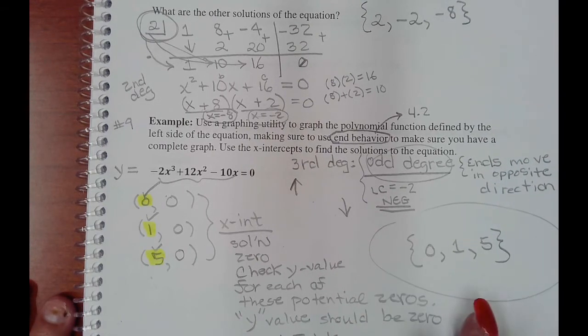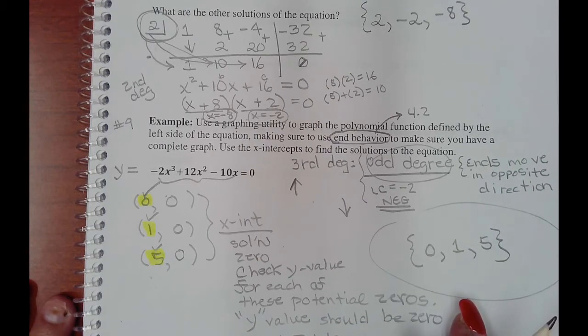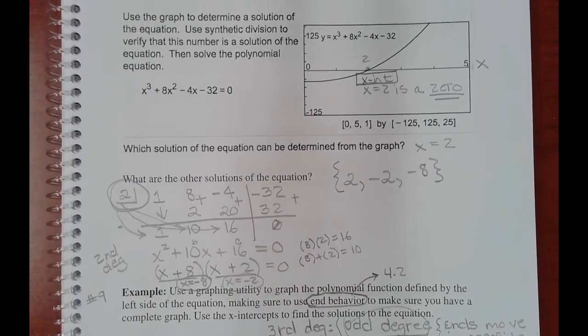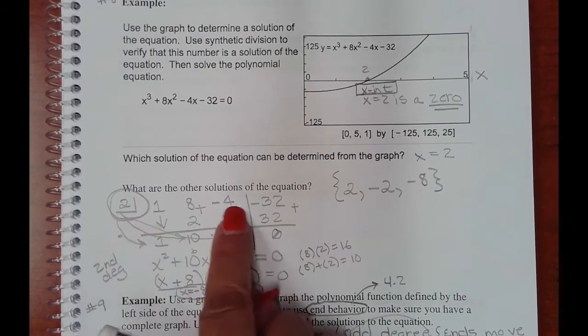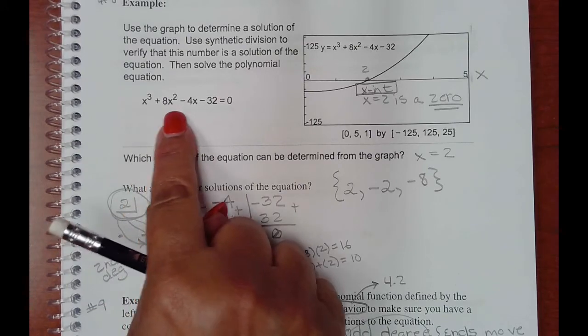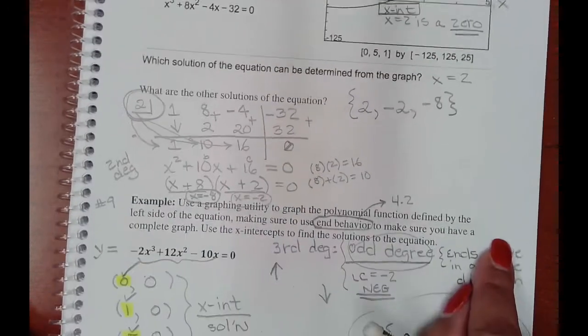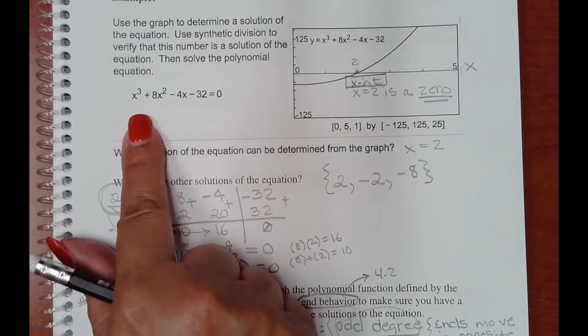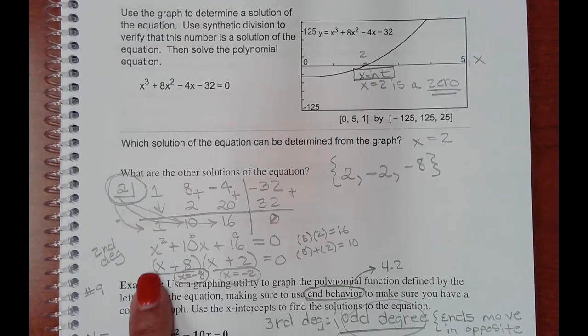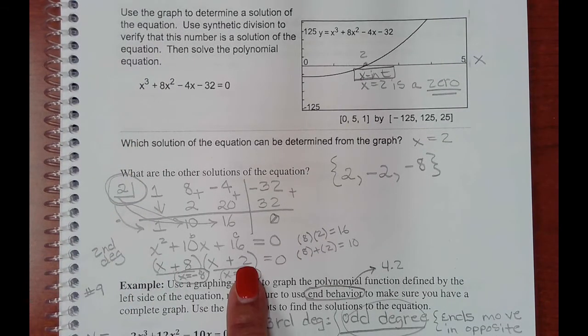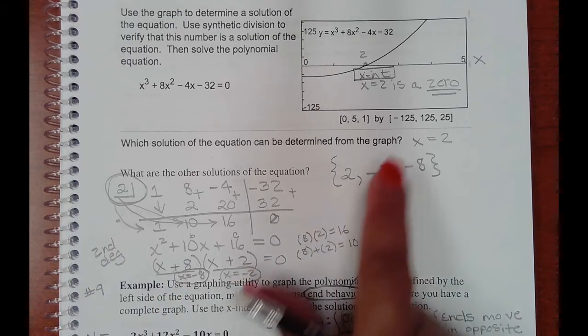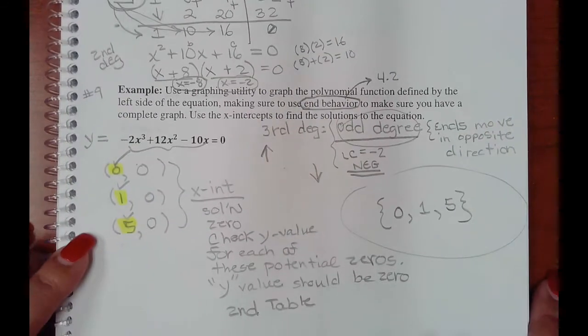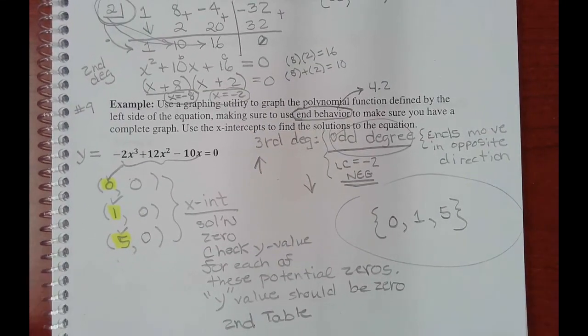Okay, so that time we started with a graph. We used the solution on the graph to synthetically divide into this polynomial x cubed plus 8x squared minus 4x minus 32. We brought that polynomial, third degree, down to second degree, factored our way to two other solutions in this problem. And then when we got to this problem, we had an example where